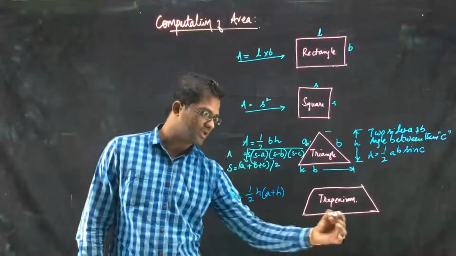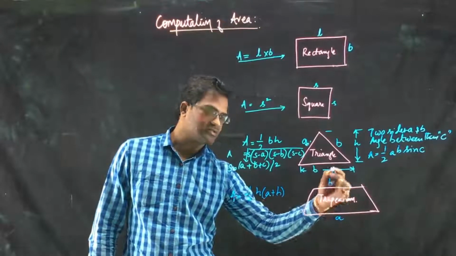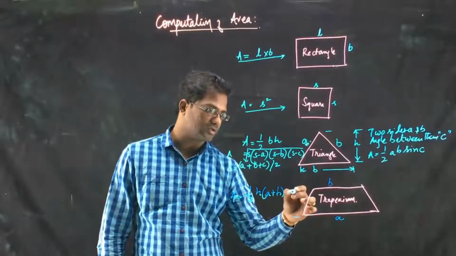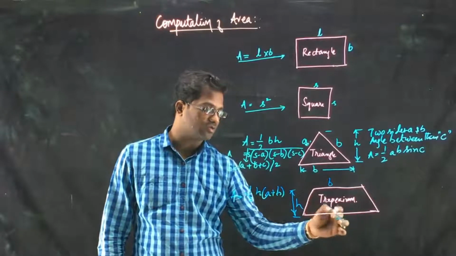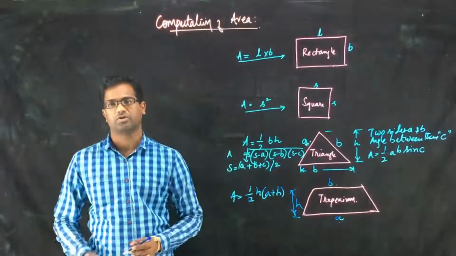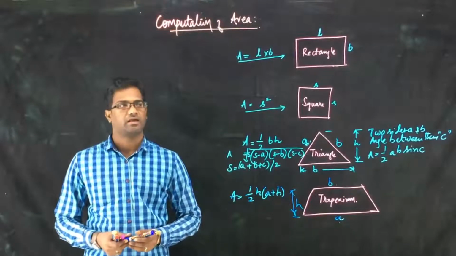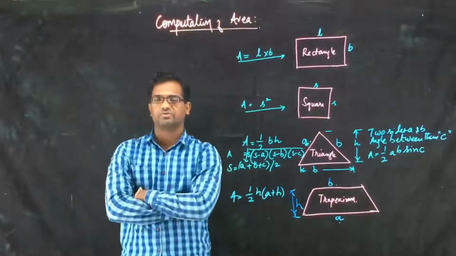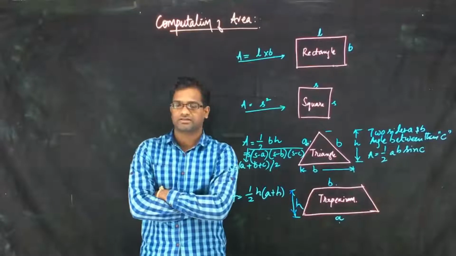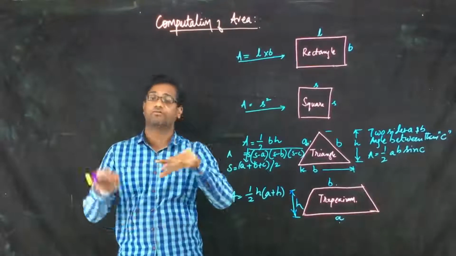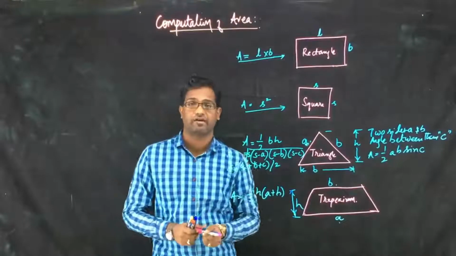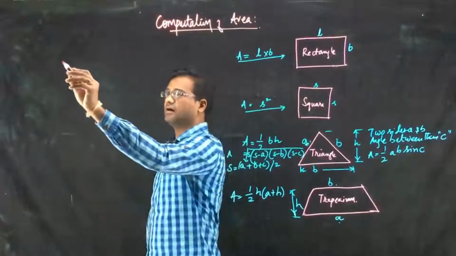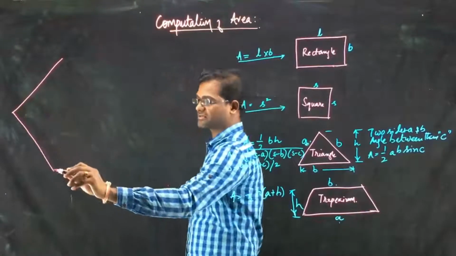What is this A plus B? A and B are the lengths of the parallel sides of the trapezium, and h is the height between these parallel sides, denoted with A and B. So these are the known formulas of closed figures. Now our objective is to find the area of a survey land of different shape. You never come across a simple figure shape. For example, if I take a survey land looking something like this,